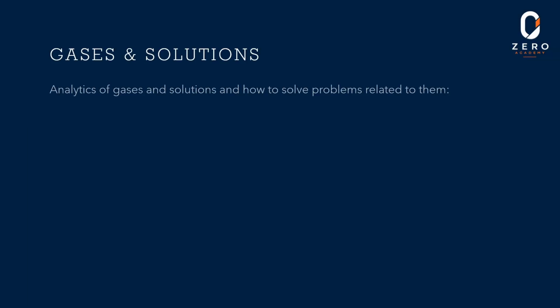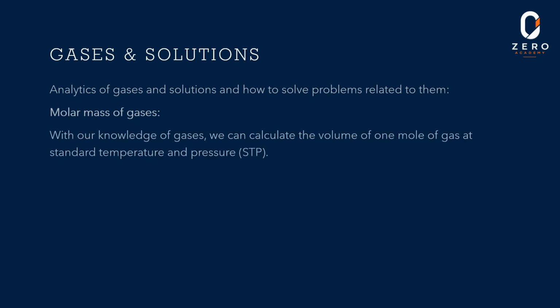Let's analyze gases and solutions and how to solve problems related to them. First, we have molar mass of gases. With our knowledge of gases, we can calculate the volume of 1 mole of gas at standard temperature and pressure, otherwise known as STP. First, we have pressure, symbolized by small letter p, which is equal to 101.3 kilopascal or